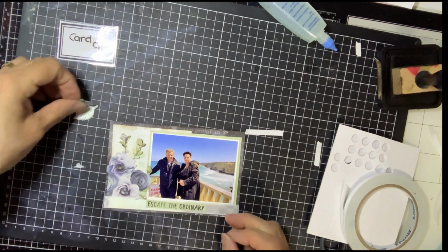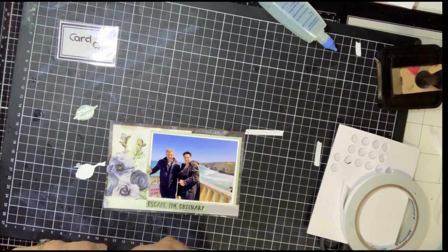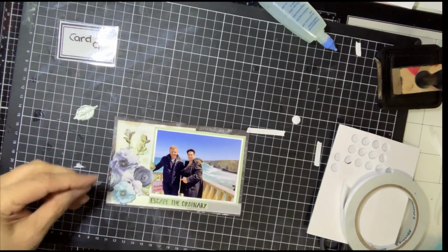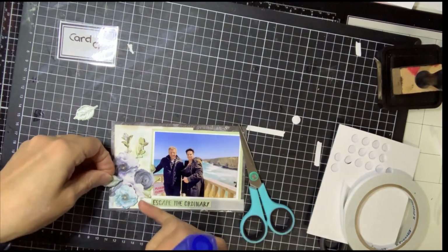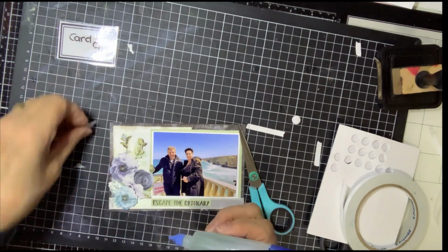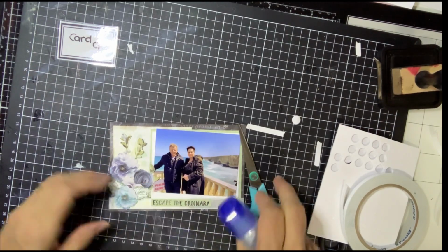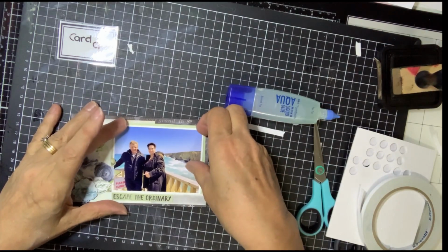with tape. Now this has got that lovely foam dot, so I'm just going to pop that over here on top of the tape and glue my leaves and there we have our last of our